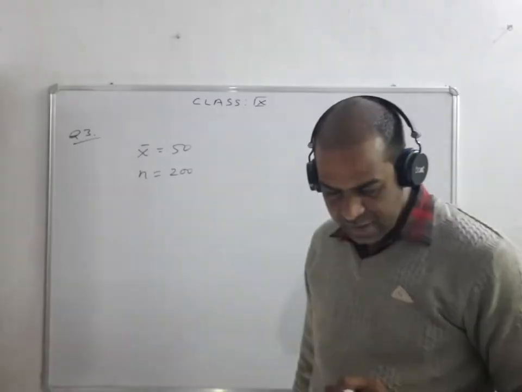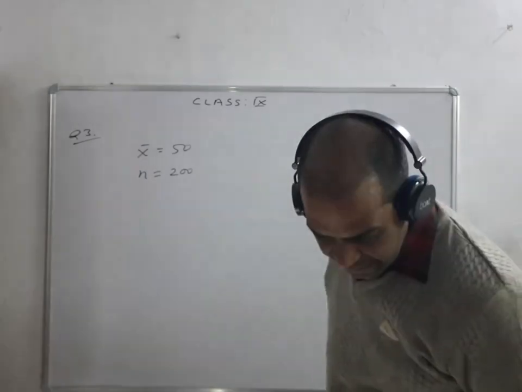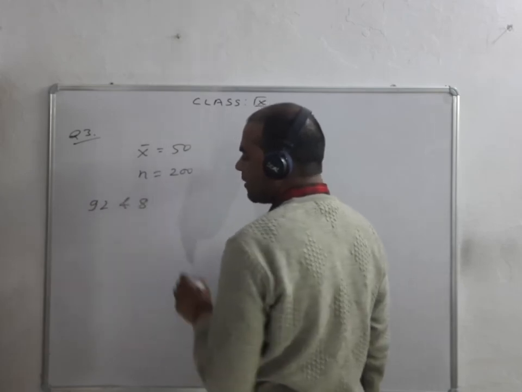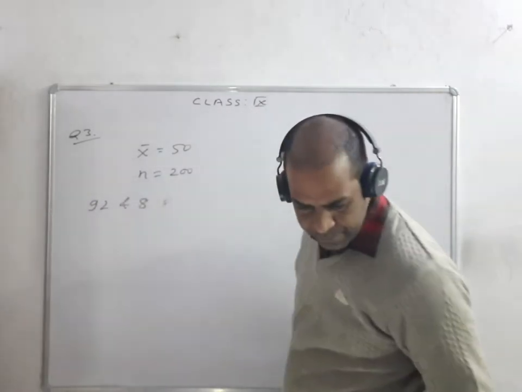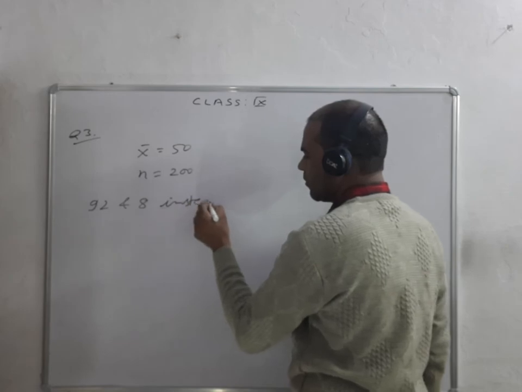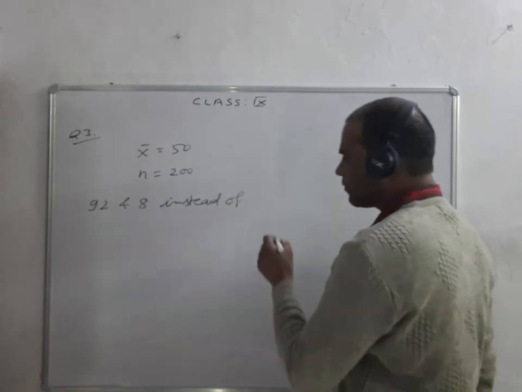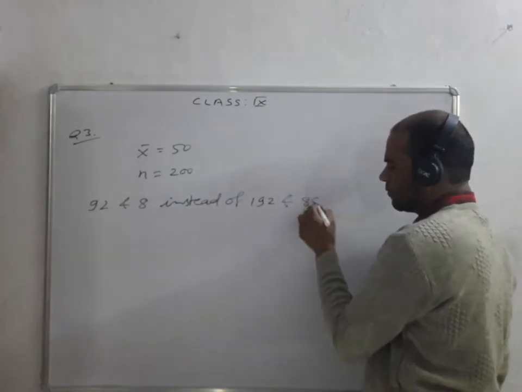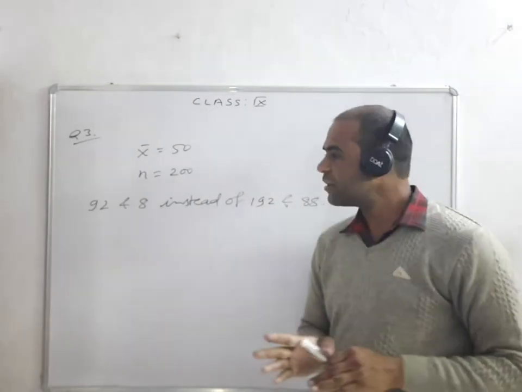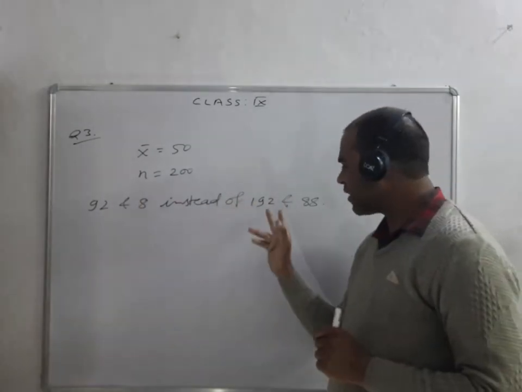Later on it was discovered that two observations were misread as 92 and 8 instead of 192 and 88. Find the correct mean. At the time of calculation, two items 92 and 8 were misread instead of 192 and